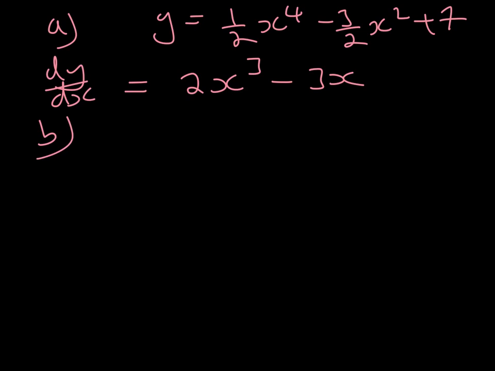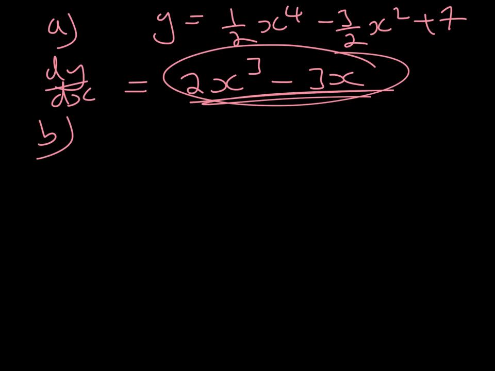Part B is the trickier point here. We're told that the gradient of the tangent to the curve at point P is negative 10. And we're asked to use that to find the coordinates of point P. So this, remember, one of the ways you can refer to this is the gradient function. So at the point